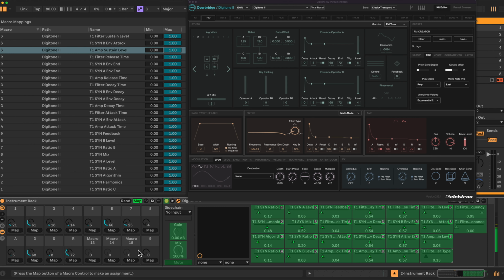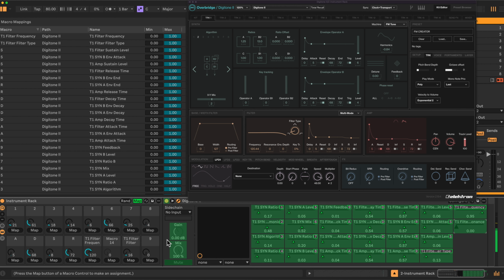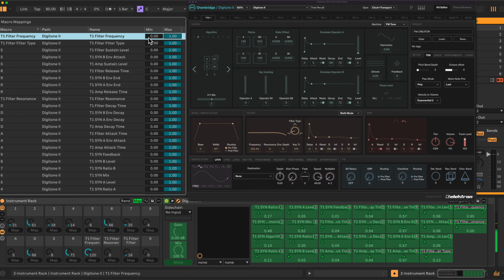And then we have the filter type goes here, and the frequency here, and finally the resonance here. Okay, so they're all mapped. Now we have to have some constraints here to try and contain the FM tones we're generating. So I'll punch those in now. If you don't want to watch me punch them in, just hop to the end of the video, you'll find them there. So the filter frequency we leave at 1, the filter type at 1, sustain level,